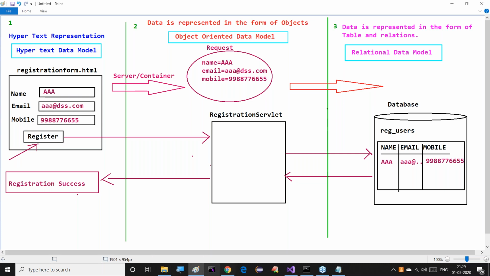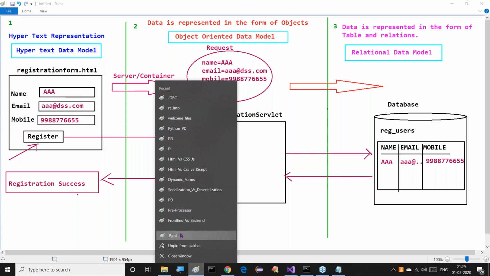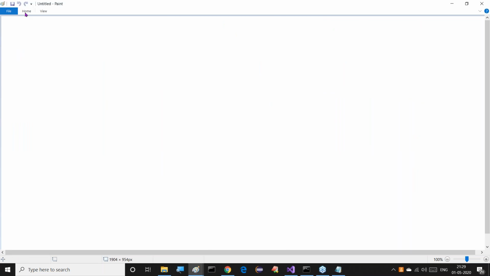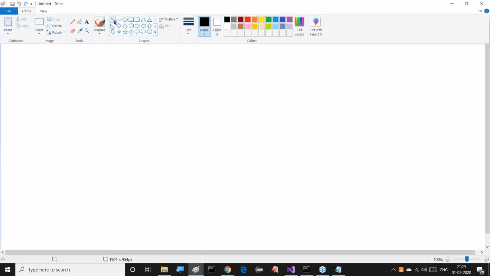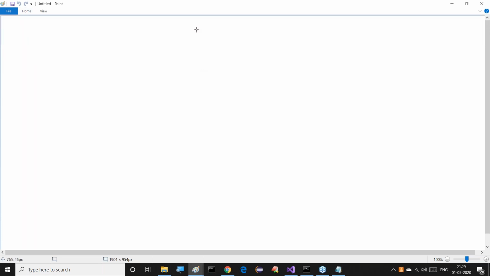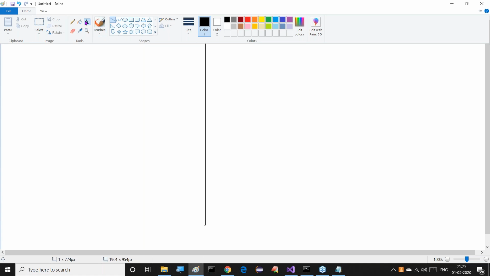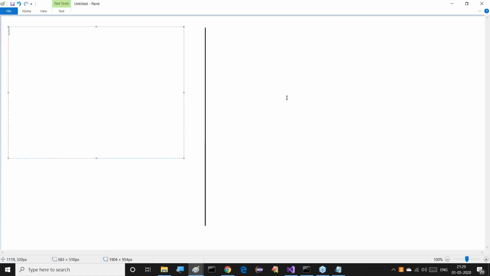For example, I can provide another diagram here, by which we can get much more clarity. The object oriented data model has its own representations. For example, in the case of the object oriented data model, say a class Employee exists.